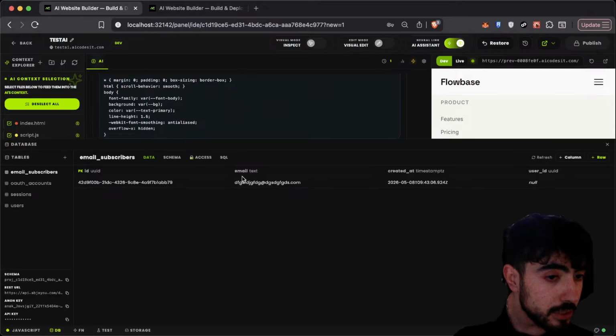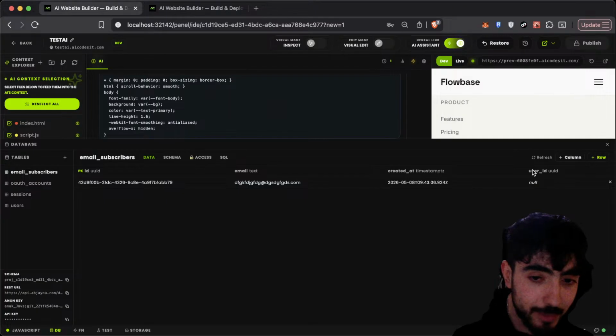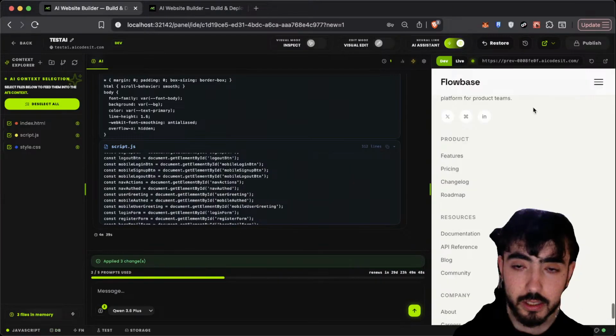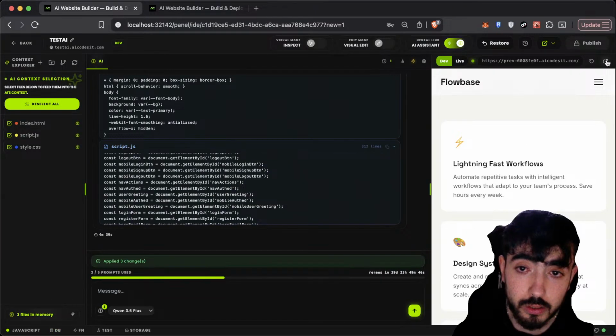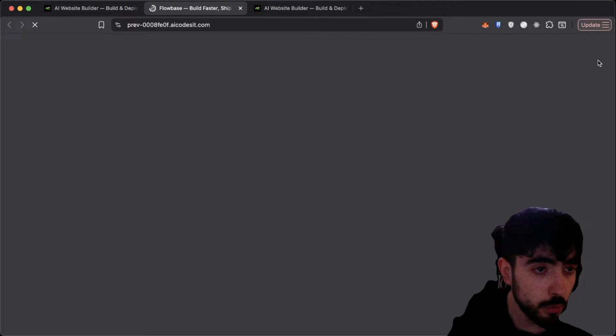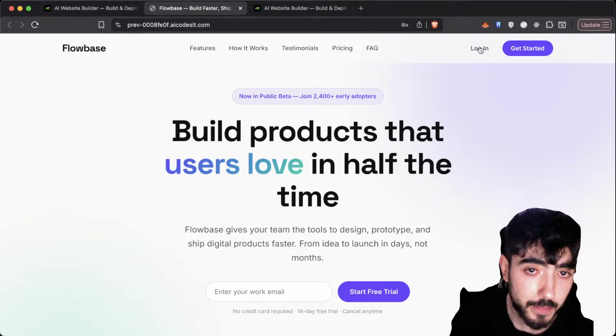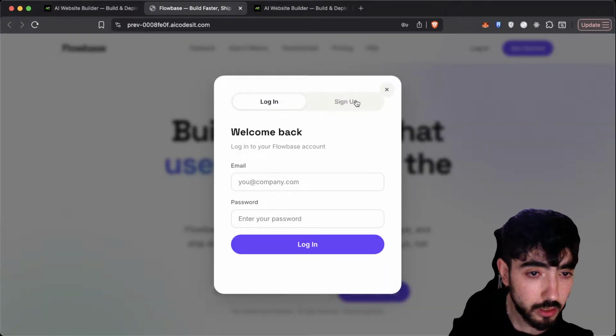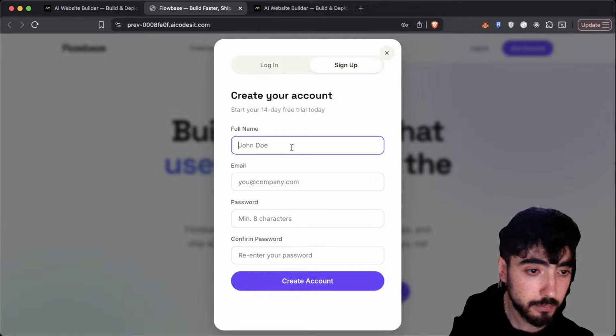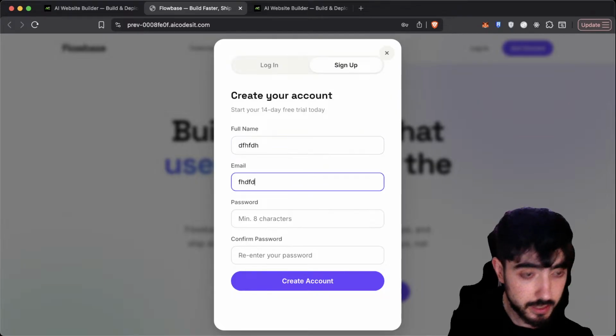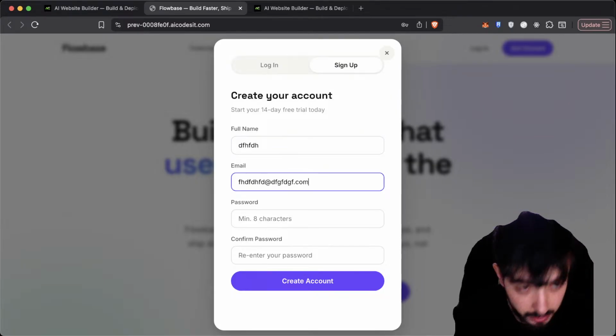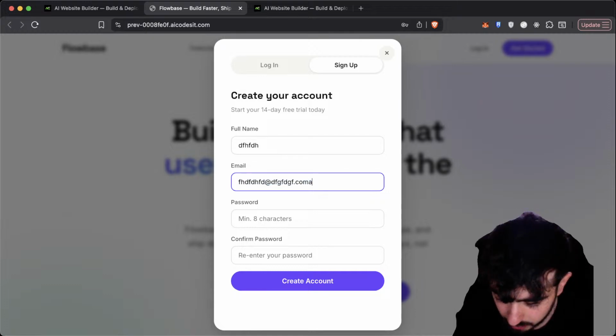Email subscribers. Okay, we have our first email. Very nice. So that works. We also told it to do the login. So now we need to check the login section. It is a very nice form, better than the other one. It says minimum 8 passwords. So let's check and let's create an account with it.